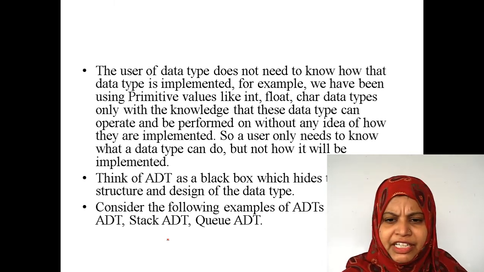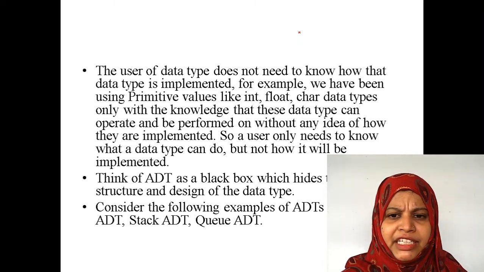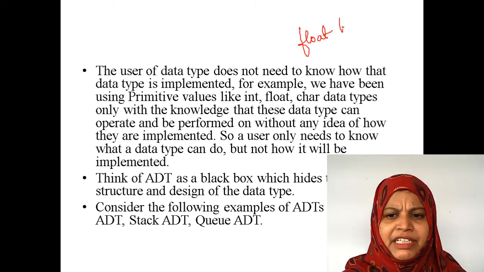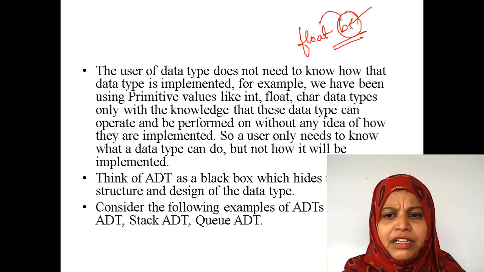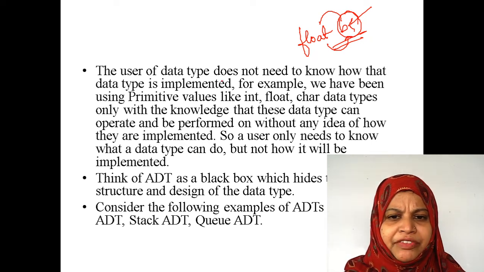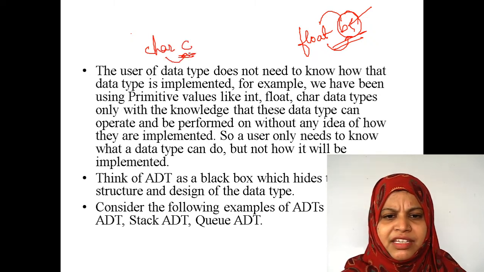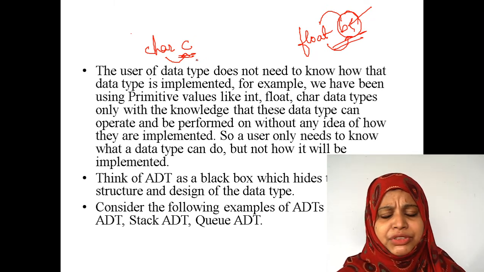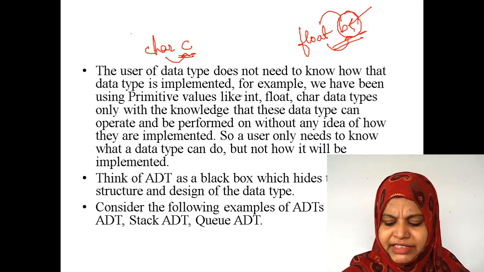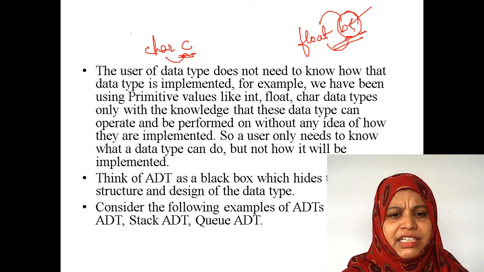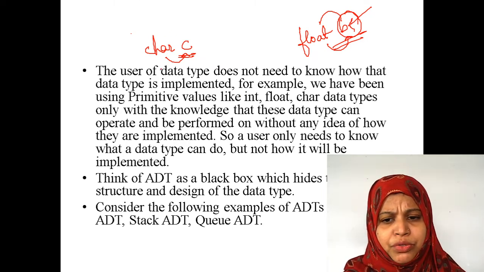If I declare float b, what does it mean? It means that floating point values are going to be stored in the variable b. If I declare char c, what does it mean? Only character values are going to be stored in the variable c. Whenever the user declares any variable with a data type, he knows what type of data is going to be stored in that variable, but